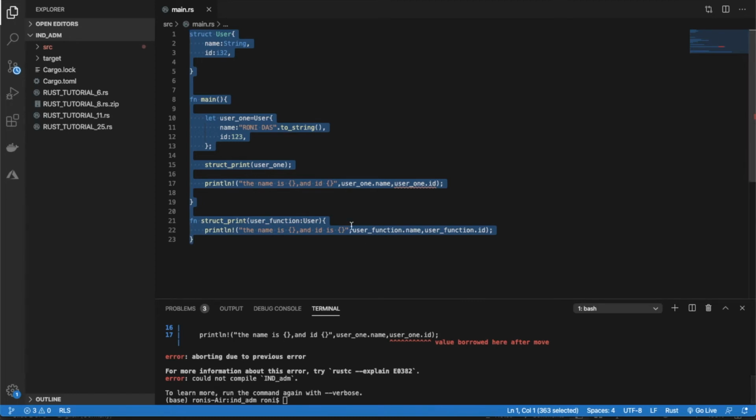For these two members, this method is no more the owner, so the owner is now this print function. That is why you are getting this error, because the ownership has been moved to here. Okay,